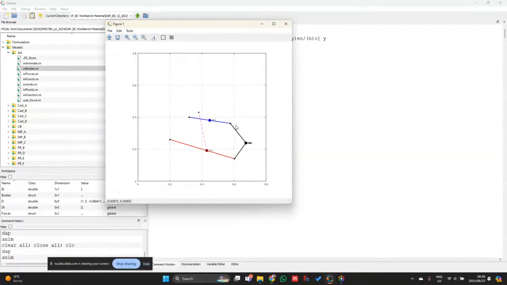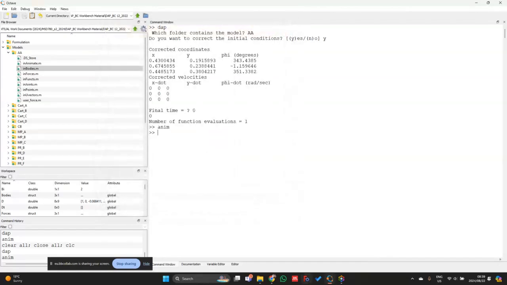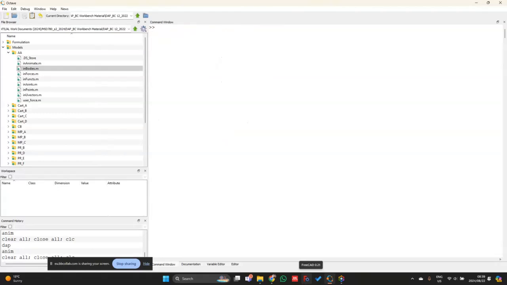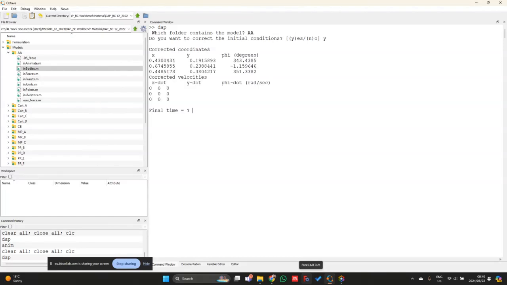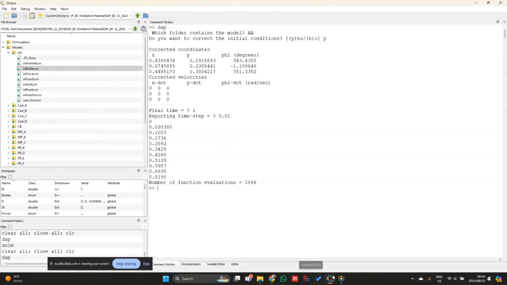However, the initial condition correction does depend on what you specify as your input conditions, or what you estimate your initial conditions to be. So in this case, you'll see it's actually lower than what we specified for the original case. So if I now go and perhaps create a plot, so I'm now going to plot it over 1 second again. So let's do DAP AA. Yes, I correct them for 1 second with a 0.01 time step. Okay, so now if I run anim,